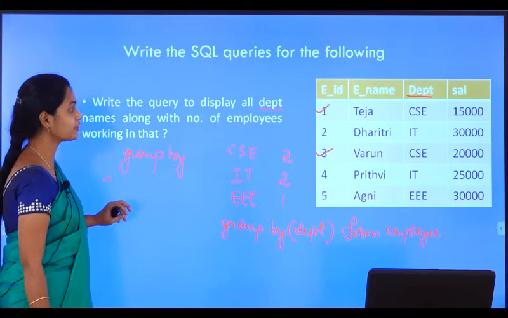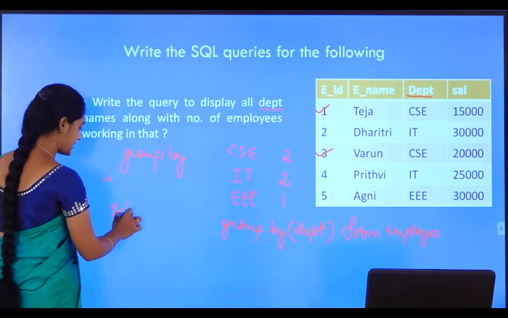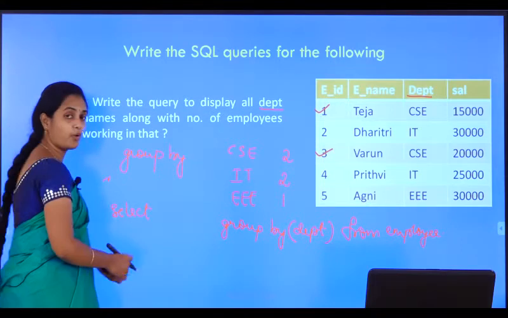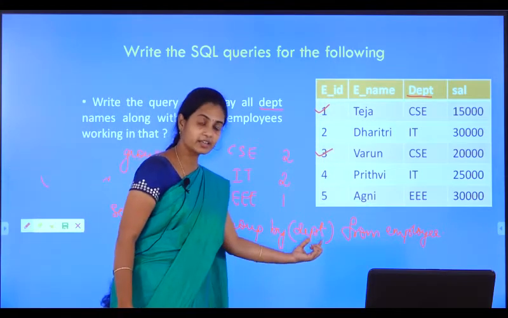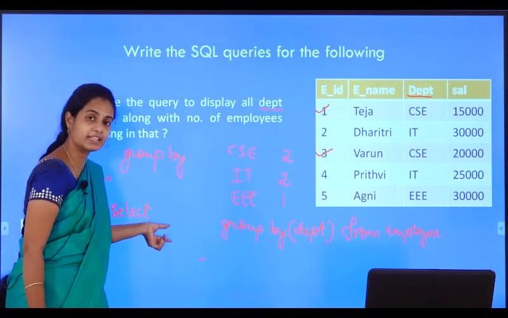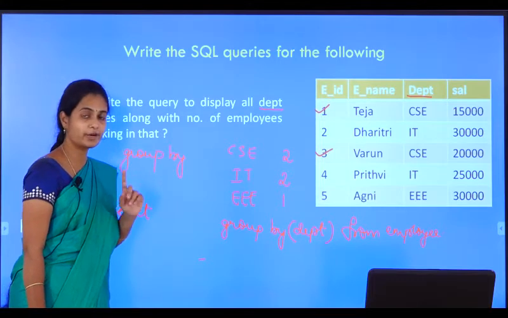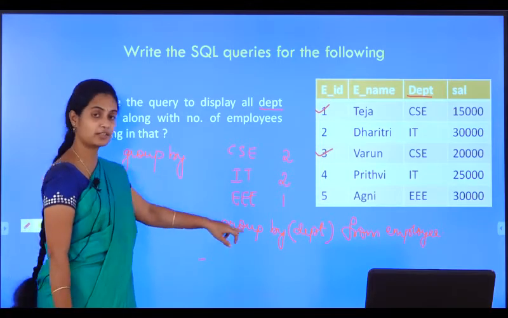Now what do I need to select here? So you need to mention the select command. See here, whatever attribute you are taking in the group by, the same attribute should be there in the select statement also. So this one point you have to remember when you are using the group by.